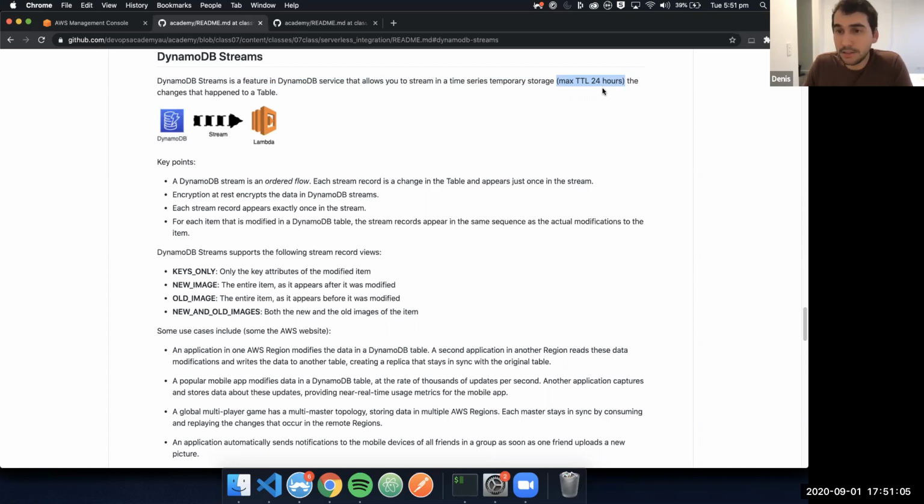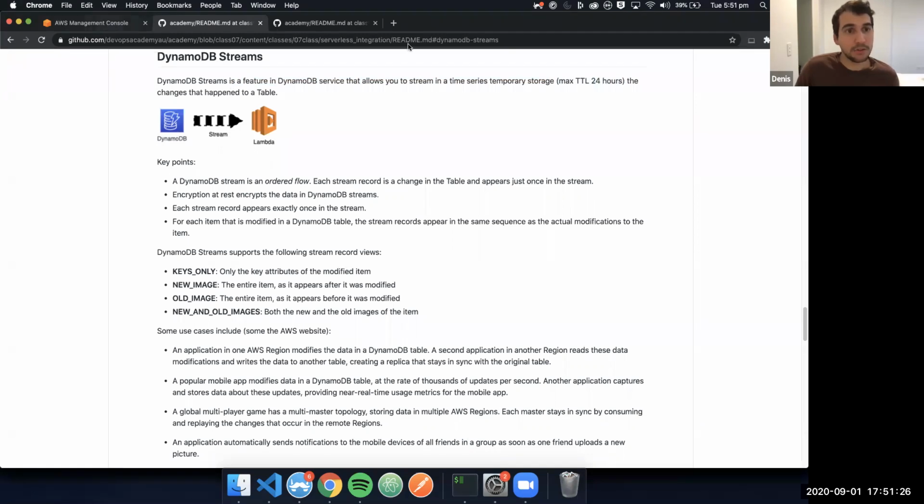It is ordered. It is not duplicated. And it guarantees that it will deliver just once to your Lambda. In practice,